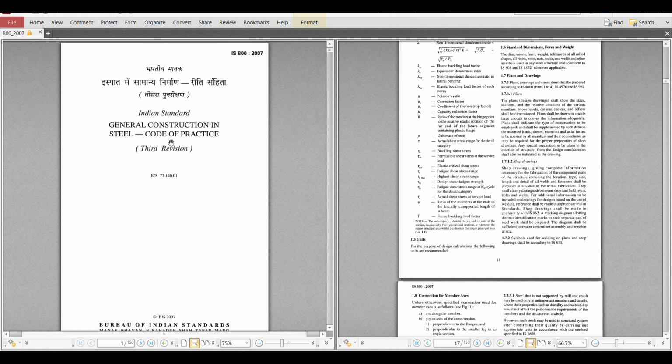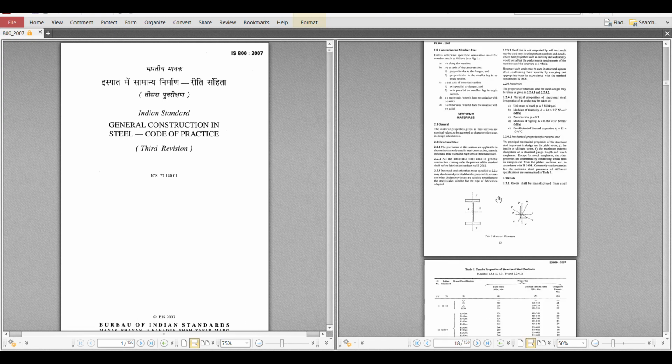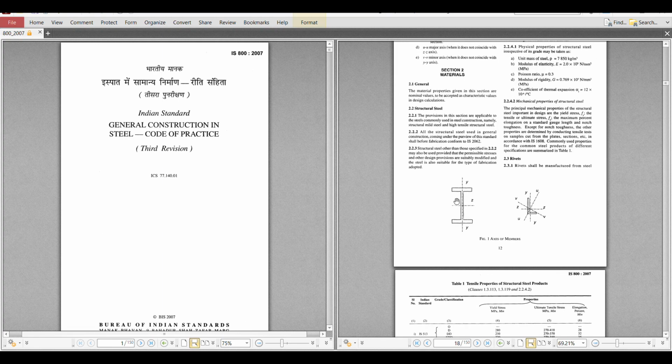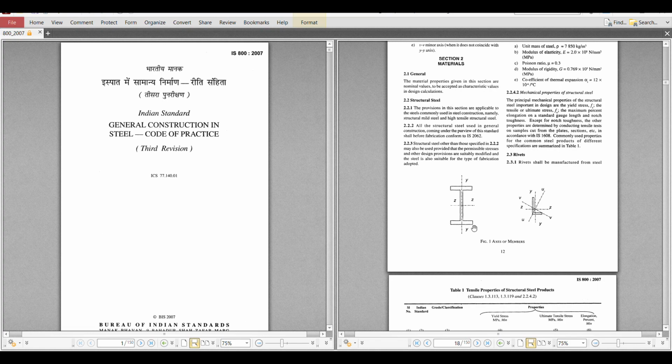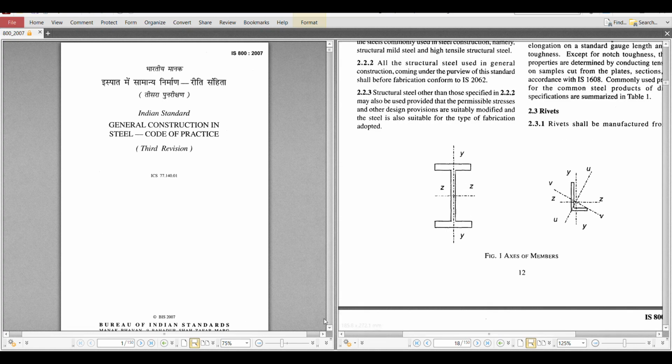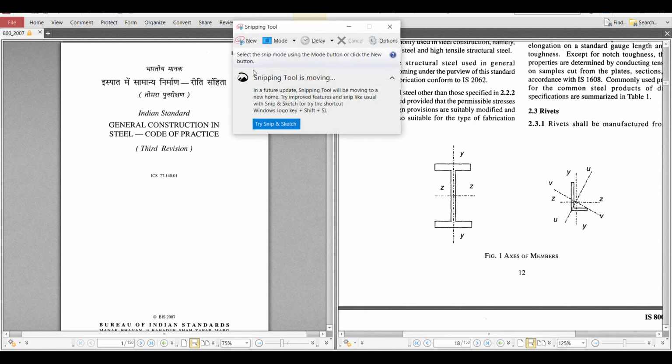Here, all the individual members are covered in terms of the nature of load, starting from members subject to tension, compression, and then beam design and then beam column. So you'll be learning all the aspects. When it comes to, let's say, your I section,